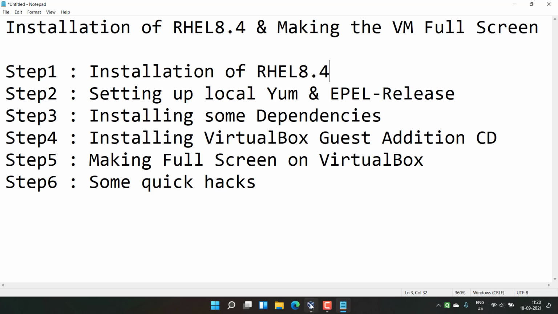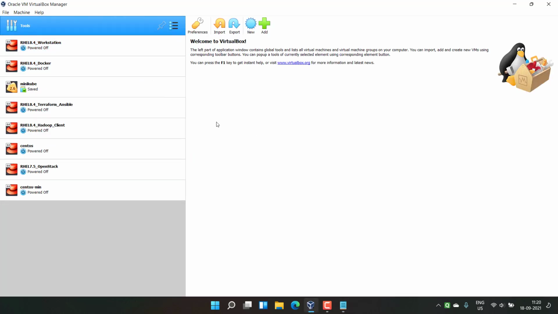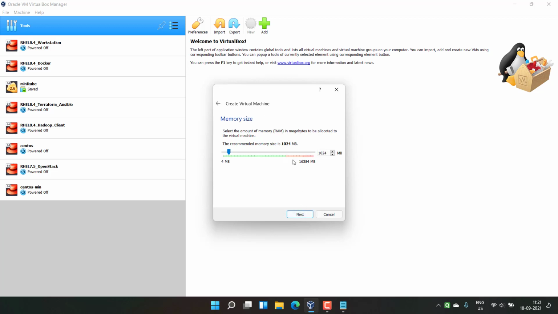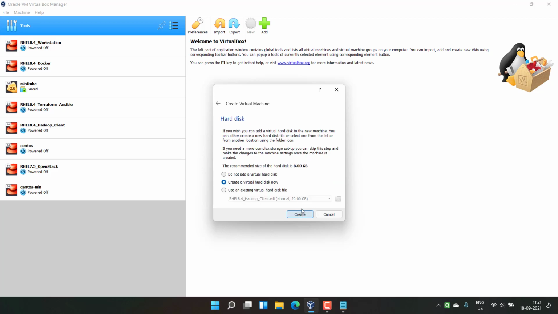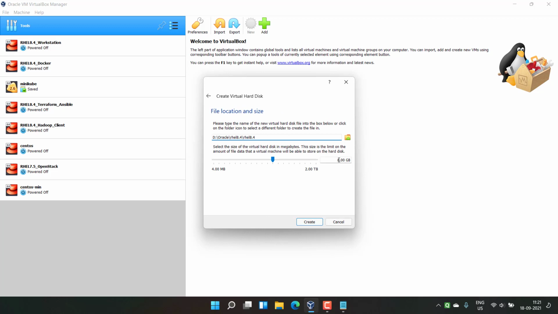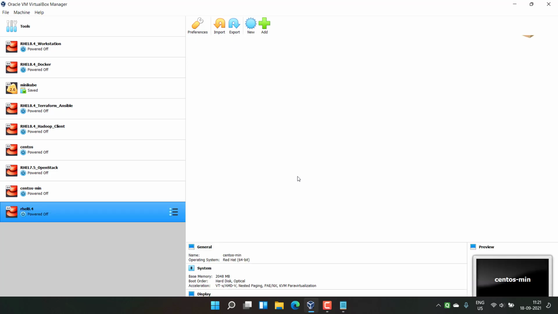So let me quickly go and create the virtual machine. This is my Oracle VirtualBox. Let me create one new virtual machine. I am simply giving it the name RHEL 8.4, and you can see it already selected Linux and version 64-bit. I selected the D directory because I don't have space on my C directory. I'll go to next. Let's say I'm giving 8192 MB RAM, and then I need to create one hard disk. Let me select the hard disk size, let's say 250 GB. I created the virtual machine.